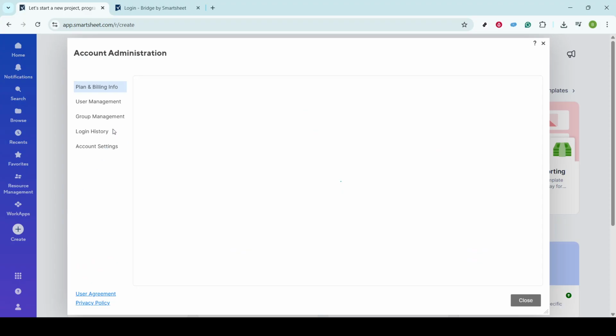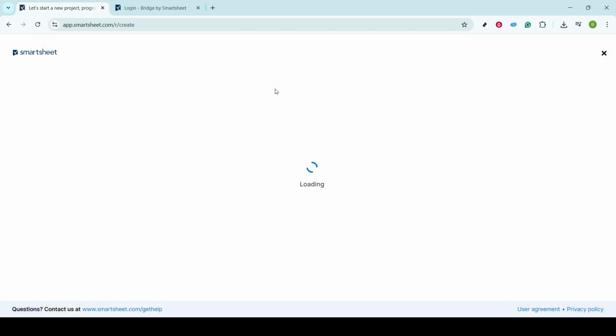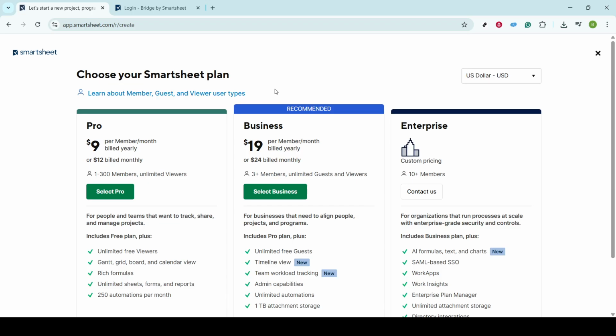If you're uncertain about the details of your current plan, checking this information is quite simple. Head over to your account settings and take a look at the Plan and Billing Info section. This area should provide all the necessary details about what features are included in your plan. If you're still unclear, or if there are any discrepancies, reaching out to Smartsheet support can be incredibly helpful. They're well equipped to assist users with access issues and can clarify any questions or concerns you might have about